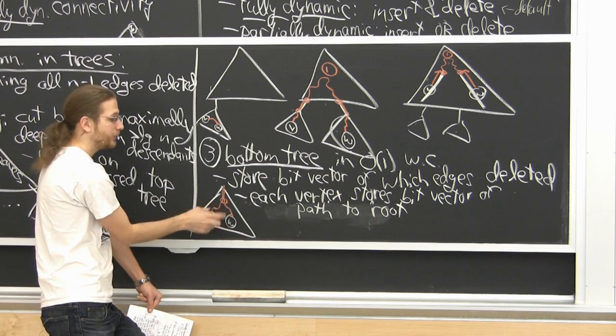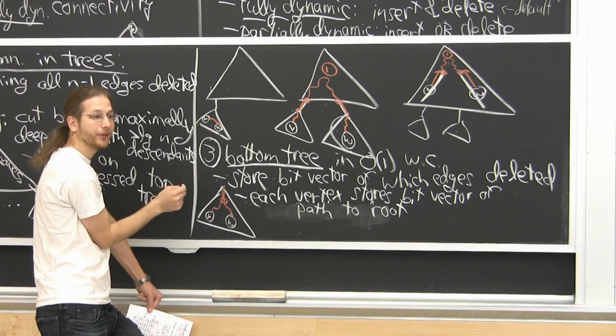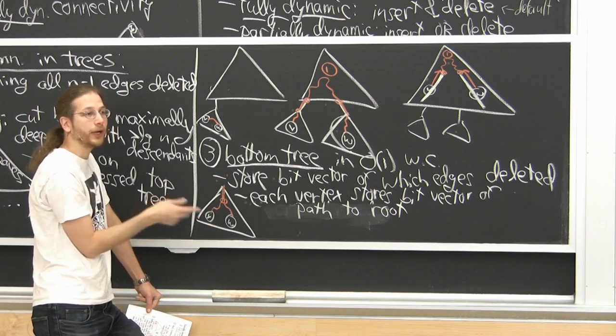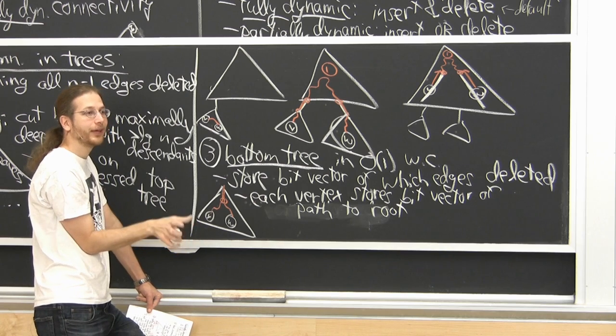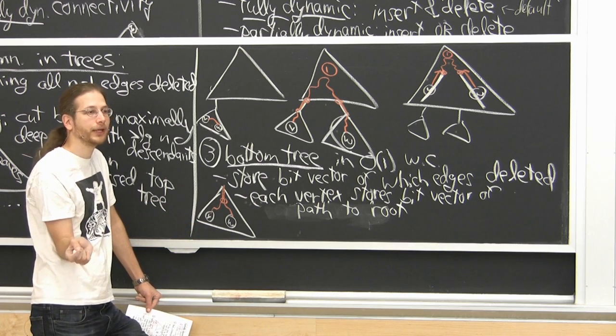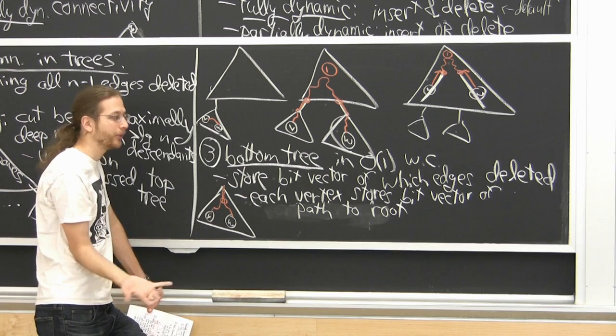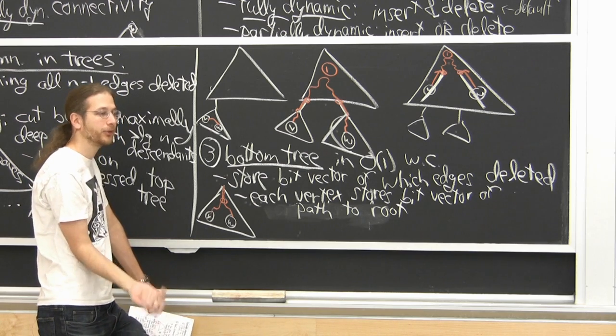And then I use that as a mask into the bit vector. Say, are any of these 1? How do I do that? I just mask. And if the result is the 0 word, then I know none of them are 1. Otherwise, I know some of them was 1. Some edge was deleted, and I'm screwed.